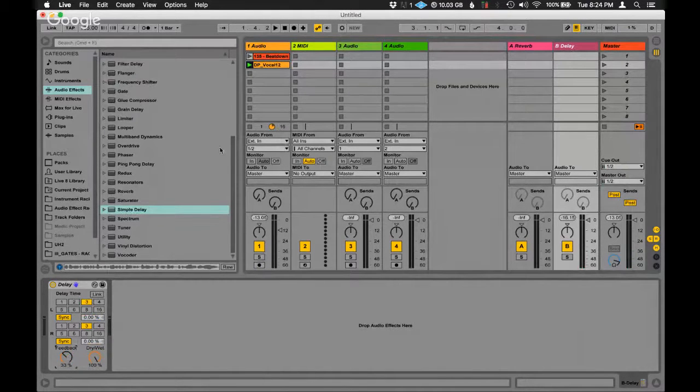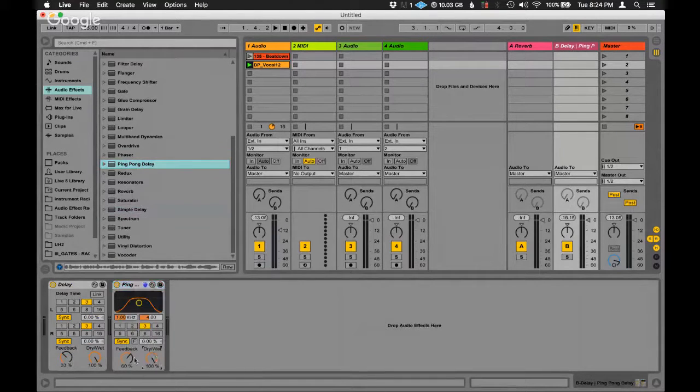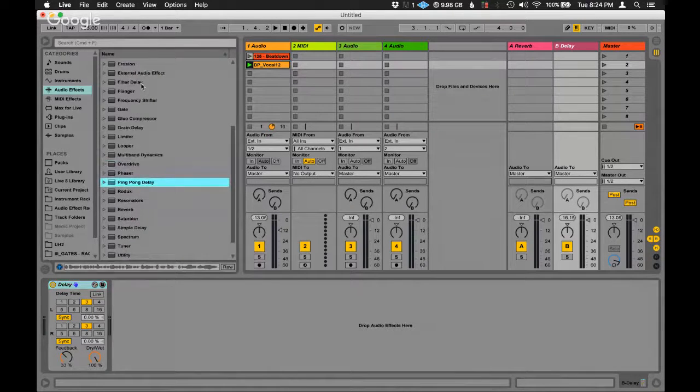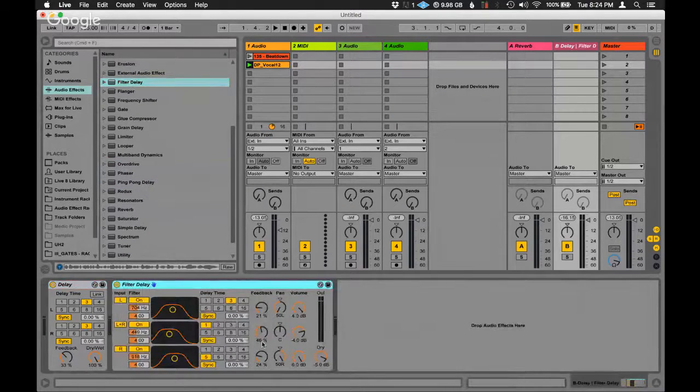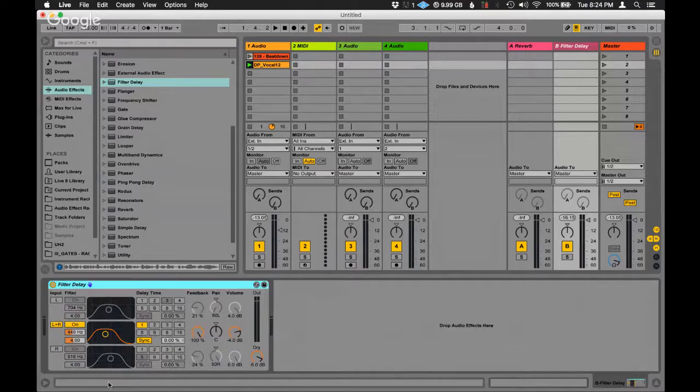And let's say some of them, like the ping pong delay, the feedback does go up to, oh no, it doesn't. I don't think it does. Maybe on the filter delay you can put it on 100%. I don't really use the delays, so let me see a filter delay. Does it go to 100%? Yeah, it goes to 100%. So you can hold a filter delay for as long as you like, and it'll just continue holding, right? So if we go here, space is the place for